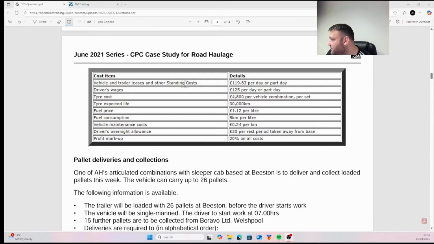So the very first one we're going to look at is the vehicle and trailer leases and other standing costs. Now it's saying here 119.83 per day or part day. Why do you think it says that? Well, it's telling us that because we know from the scheduling question that we couldn't do it in 1 day. So you're being charged for the part day, so it makes it nice and simple. Because it was more than 1 day, we charge it as 2. So we take that 119.83, multiply it by 2, gives us